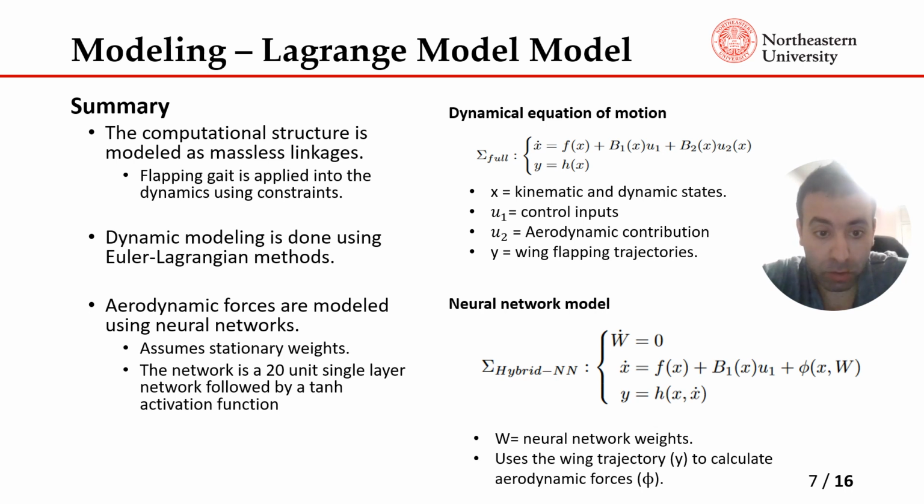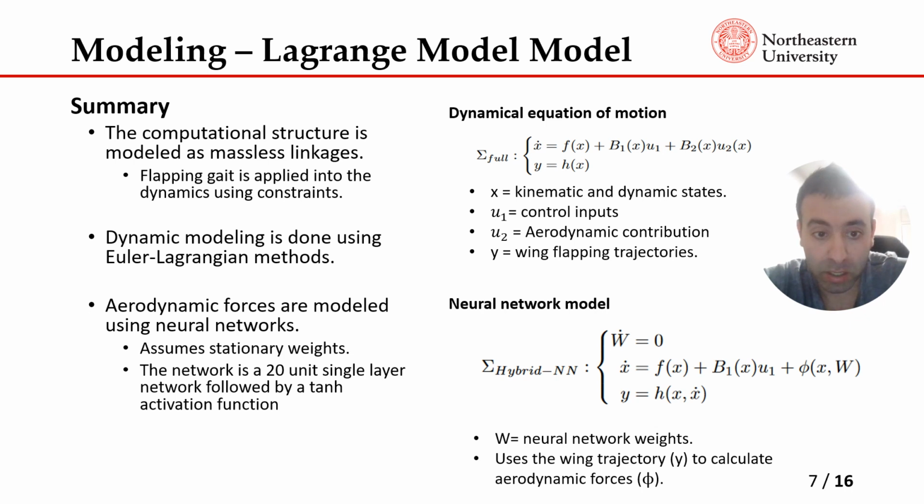The dynamic modeling of the robot is done using the Euler-Lagrangian method. The full dynamic equation of motion, which is the original equation of motion of the robot derived in the original work, is described at the upper left side of the slide. So U1 represents external control inputs, U2 represents external aerodynamic contribution, B1 and B2 are the maps of the control input and aerodynamic forces to the state space. F of x is the intrinsic dynamic of the